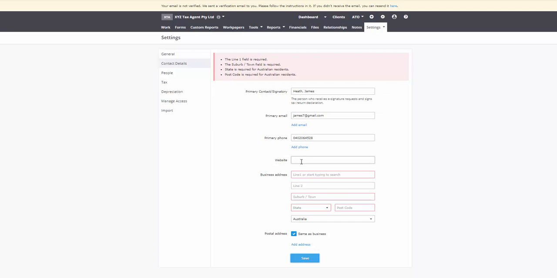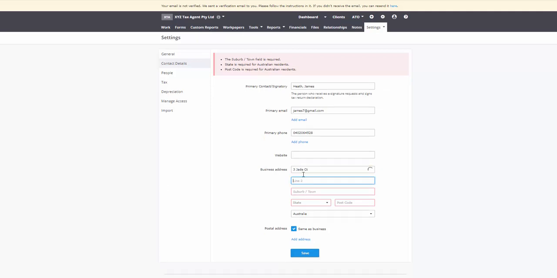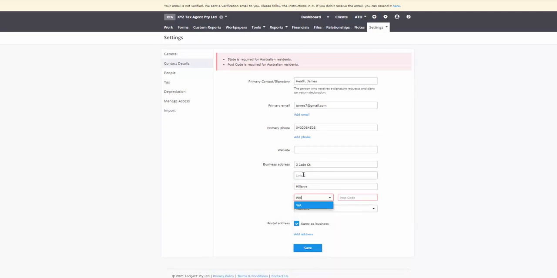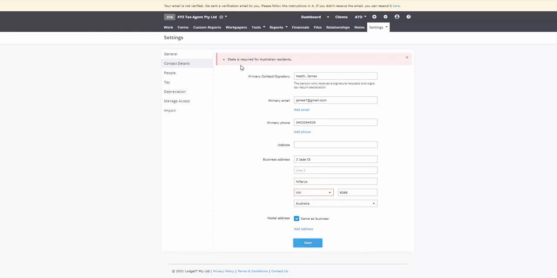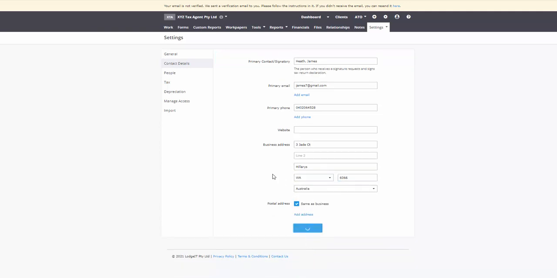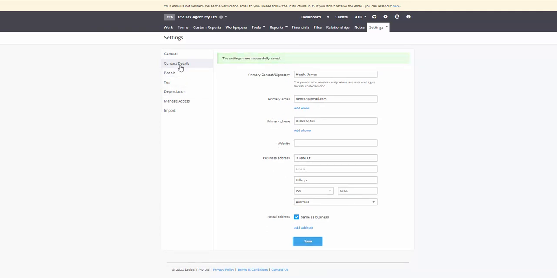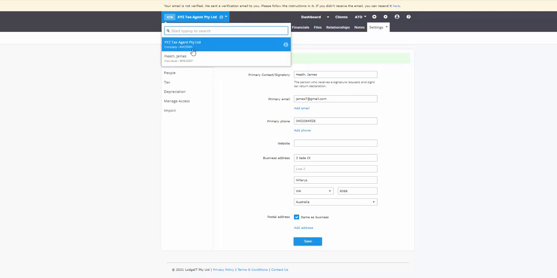Oh, okay, so we'd have to put in the address here. So why don't we just put in an address quickly. So we need a state. State is required for the Australian residents, and we have a state. Right, so that's saved. And if we had a look now, we should see that we have two clients in